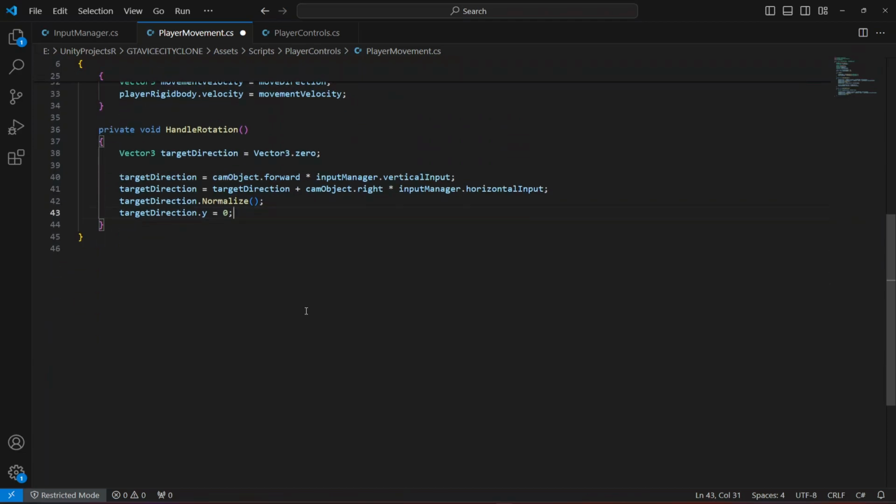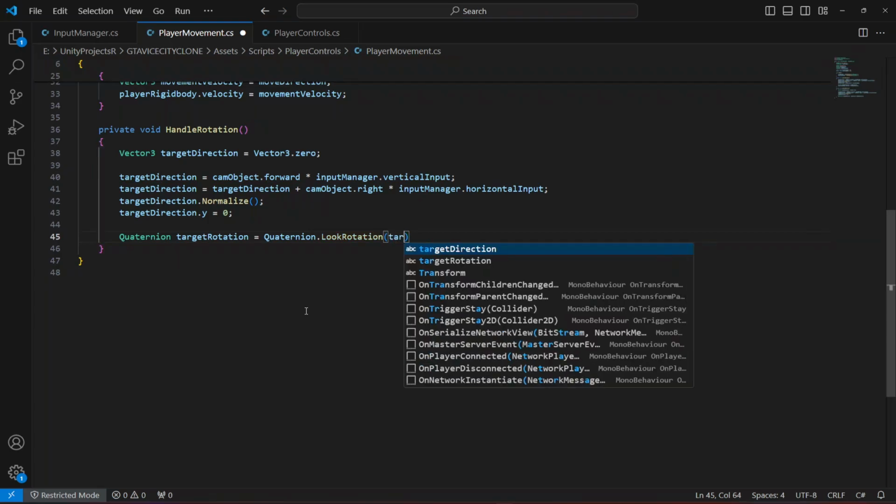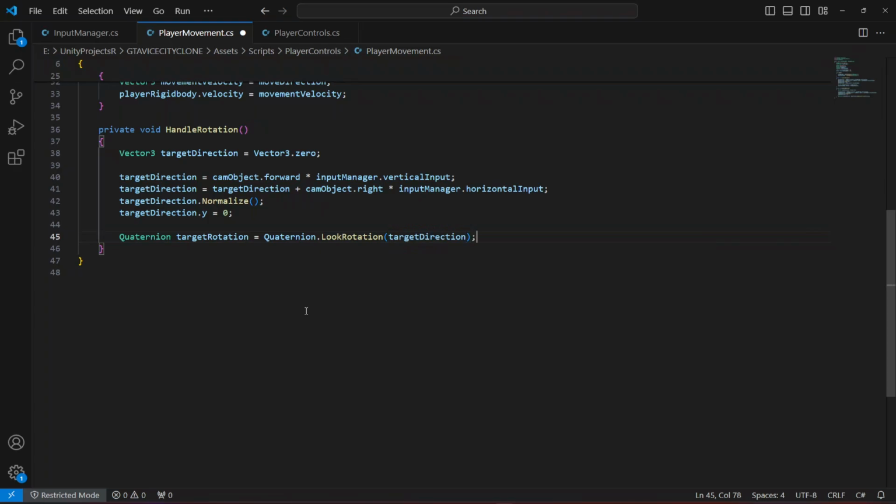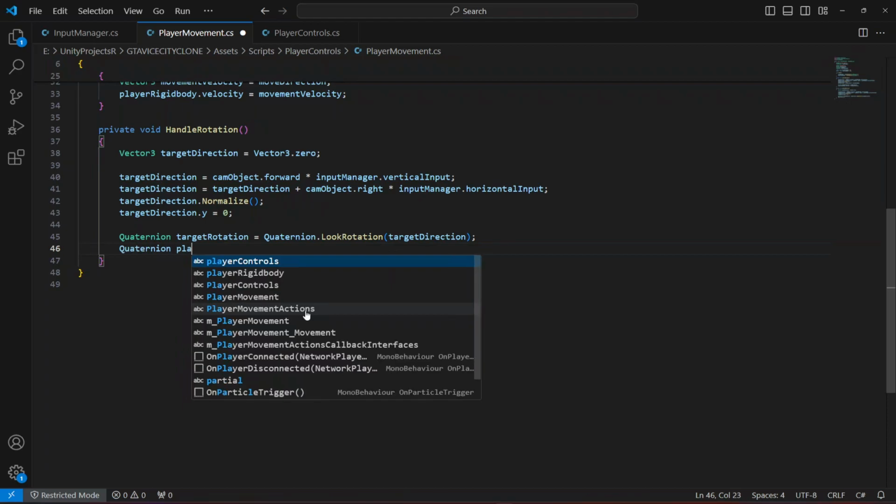After this we're gonna create a Quaternion by the name of target rotation, and this is gonna be equals to Quaternion.LookRotation. Let's pass the target direction right here, and then we're gonna say Quaternion